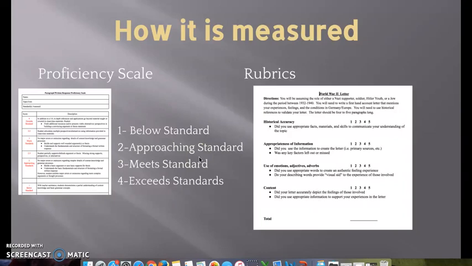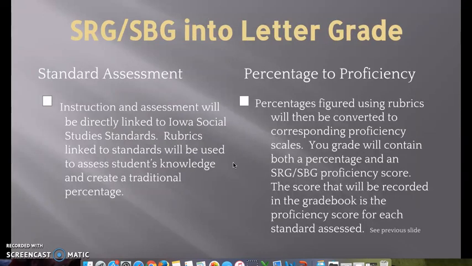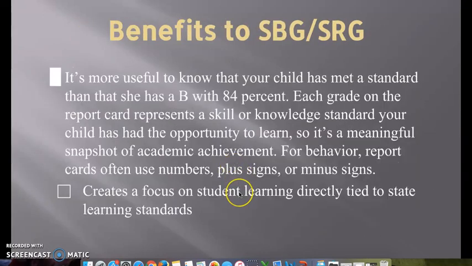So assessments and assignments in my grade book this year will be no more than 4 points. Now, you may ask, doesn't that mean that when we average them at the end that they may score lower than what their rubric predictions were, what their rubric scores were? Well, that's true in some cases. In most cases, it's going to iron itself out. And students also have the right to retake anything they want and rework things using different times in class. So if you take a look here at some of the benefits of standards-referenced or standards-based grading,